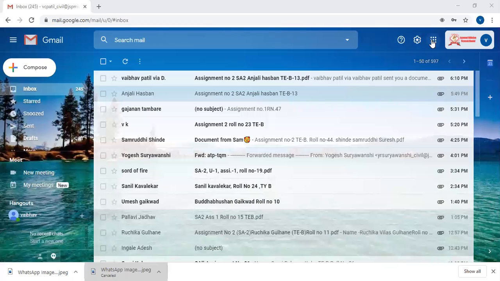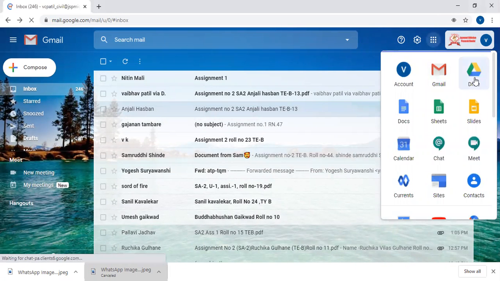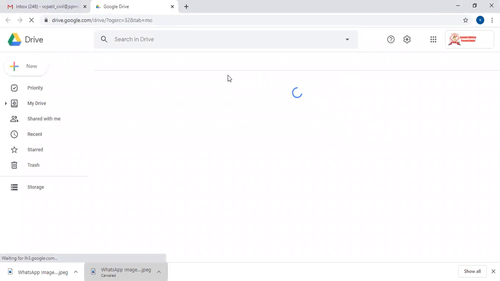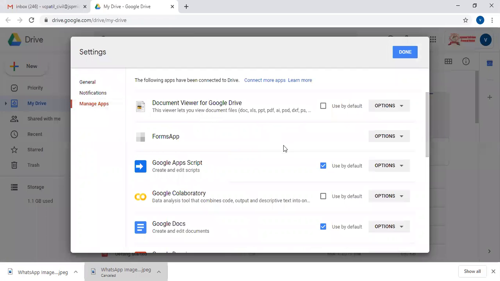Then, this is the total drive, meaning my drive is to be opened now. Then go to the setting. Here the setting is to be opened. Then manage apps, then we have to connect more apps.